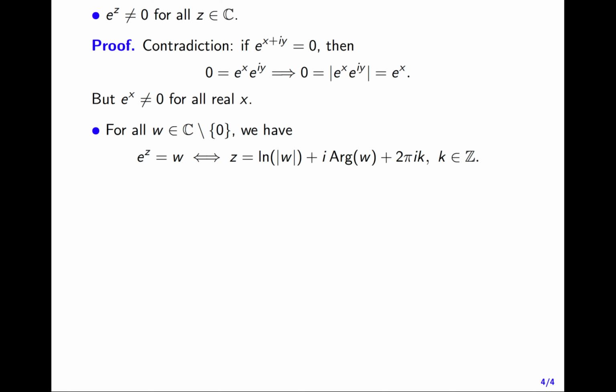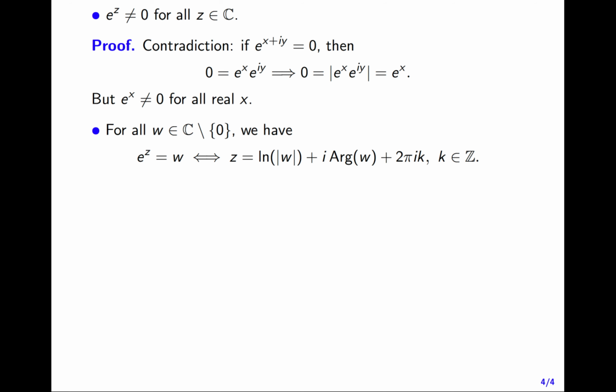Last, if w is a non-zero complex number, we can always solve the equation e to the z equals w. In particular, this equation has infinitely many solutions. e to the z is equal to w if and only if z is equal to the natural log of the modulus of w plus i times the principal argument of w plus 2 times pi times i times k